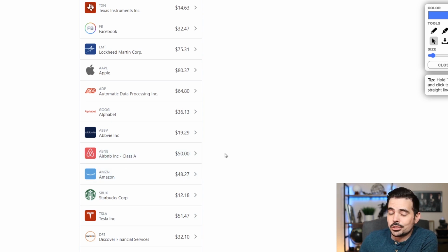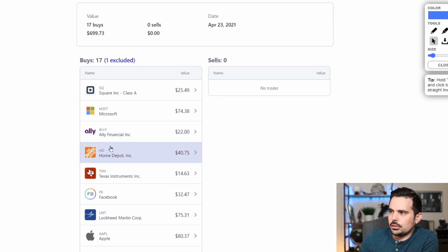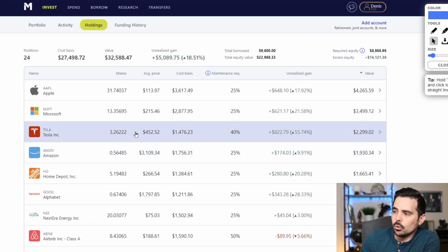Airbnb got like 50, which, by the way, I do know, in case you're new to this channel, even though my portfolio is dividend focused, some of these companies I have are not dividend focused, at least not yet, and maybe in the future they will. I've talked about it previously, but anyways, it's just really exciting to see $74 going into Microsoft, $40 going into Home Depot all at once, with a whole bunch of other stocks getting a really healthy amount of deposits. Because right here you can see it bought into 17 different stocks,